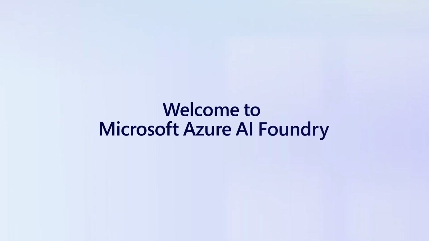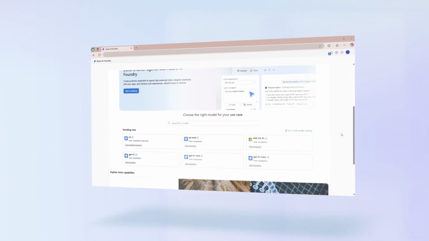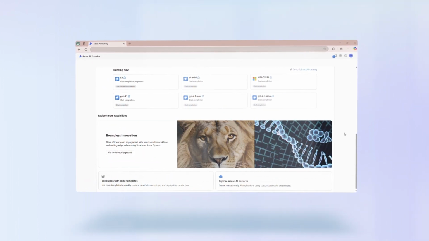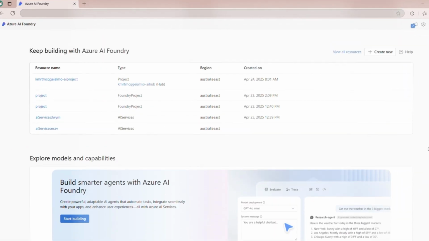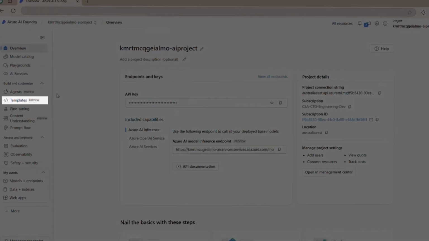Azure AI Foundry now offers templates built to address the most common, high-value use cases and technical patterns. The templates are designed to save you time and accelerate your AI transformation because you don't have to start from scratch. Azure AI Foundry templates enable developers to try, build, and deploy AI solutions in minutes and scale them into